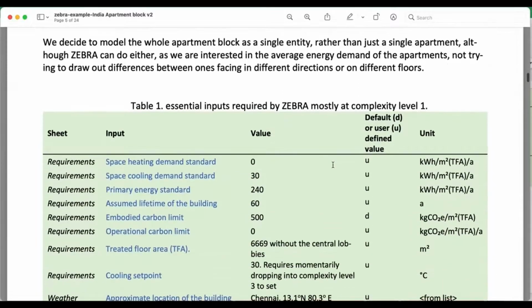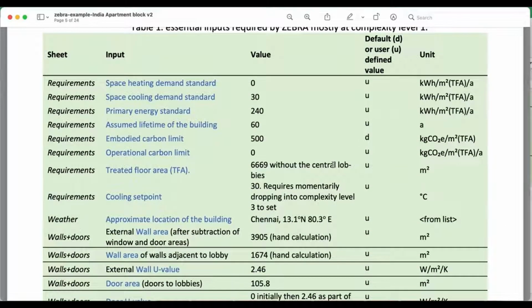Now, I think it's best to try and assemble this table for each project before you start filling in Zebra. It's up to you. You can just open Zebra and extract the information from your brain, from the drawings in real time, and just stick the numbers in. But with this table here in the document, you might want to create a similar document of your own, in Word or on a piece of paper or something, and just fill it in about the design.